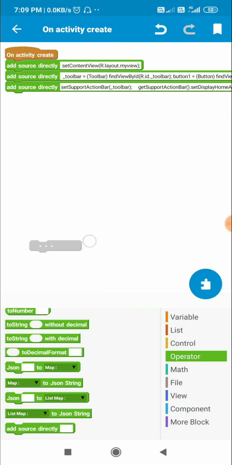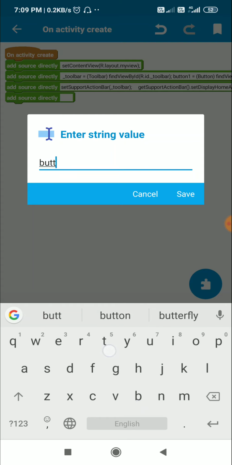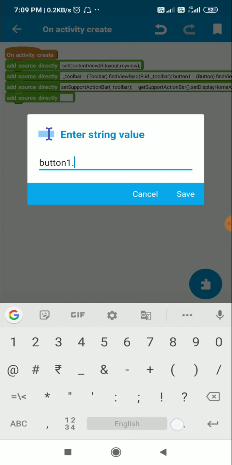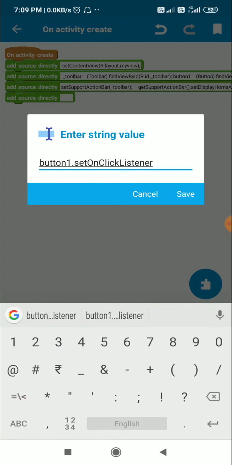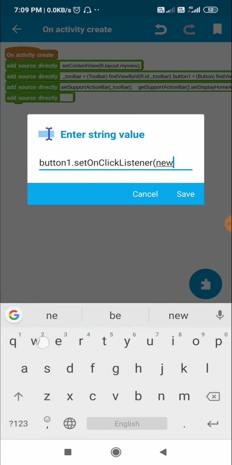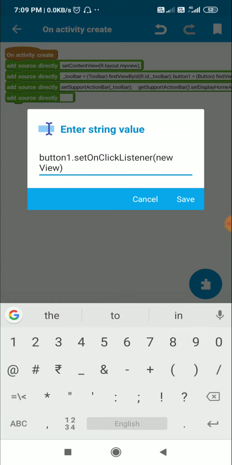Okay, now after this I need an onClickListener for the buttons. So here I will add an onClickListener: button1.setOnClickListener(new. Okay, so we can close it here like this, setOnClickListener.